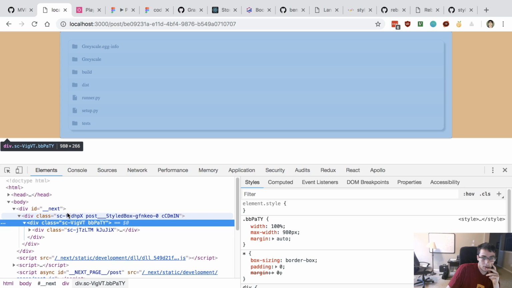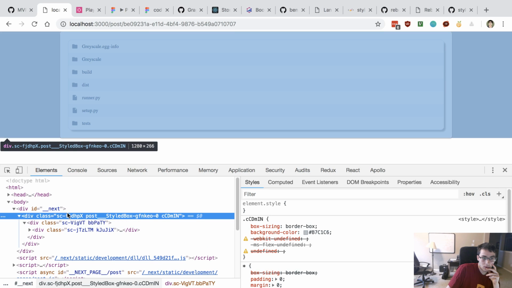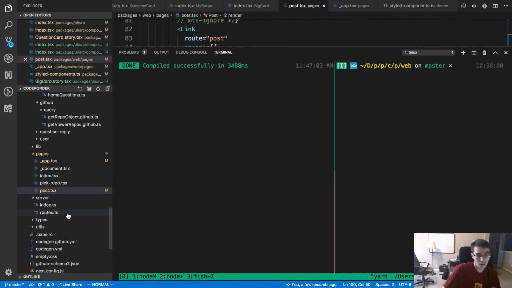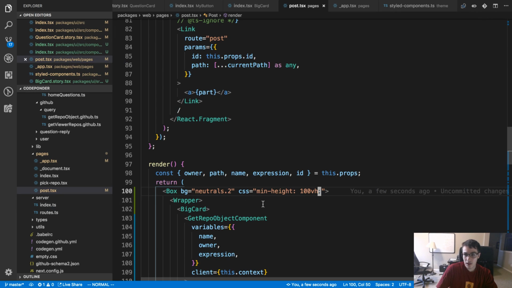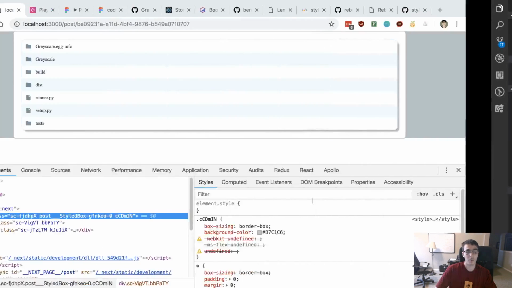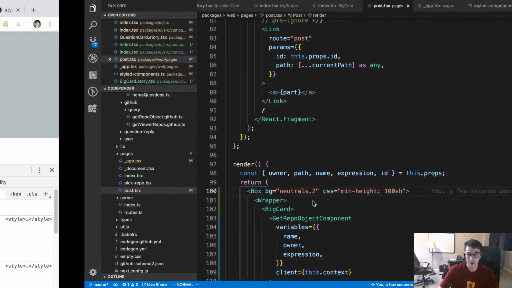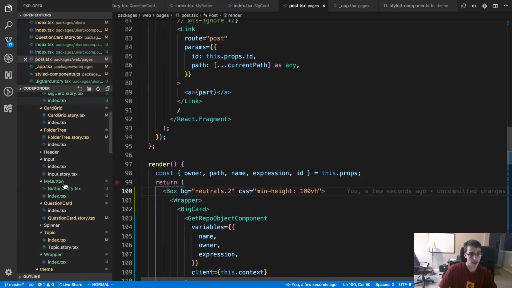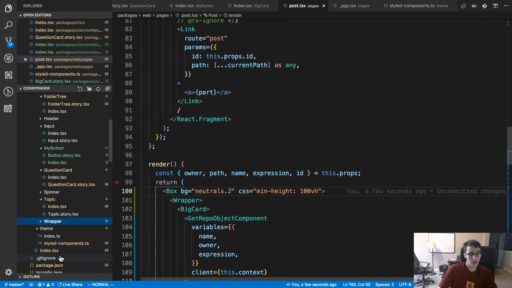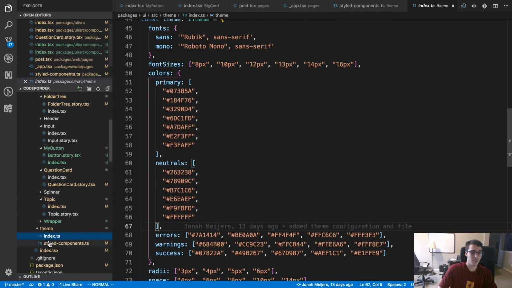I thought I said you. Yeah, you. CSS min height. Alright, maybe no semicolon. They'll snap to whatever is in them. Ah, I see. Alright, we can kill them then. I guess less CSS is always better.